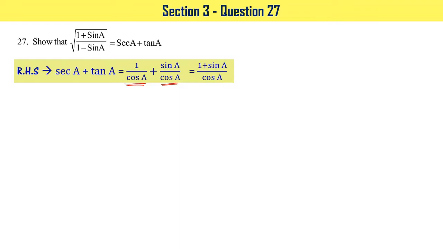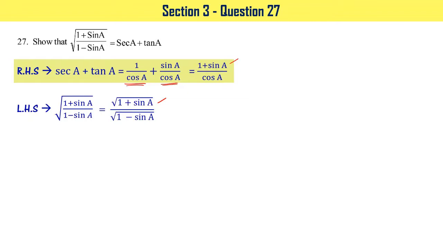Let's stop here and go to LHS. LHS is given, that is equal to square root of 1 plus sin A divided by 1 minus sin A, right? I can write it as square root of 1 plus sin A divided by square root of 1 minus sin A, right? If you observe the numerators of RHS, that is 1 plus sin A, and numerator of LHS, that is square root of 1 plus sin A. The only difference is square root extra is here on LHS side, right? We want to get rid of that. How do you do that?